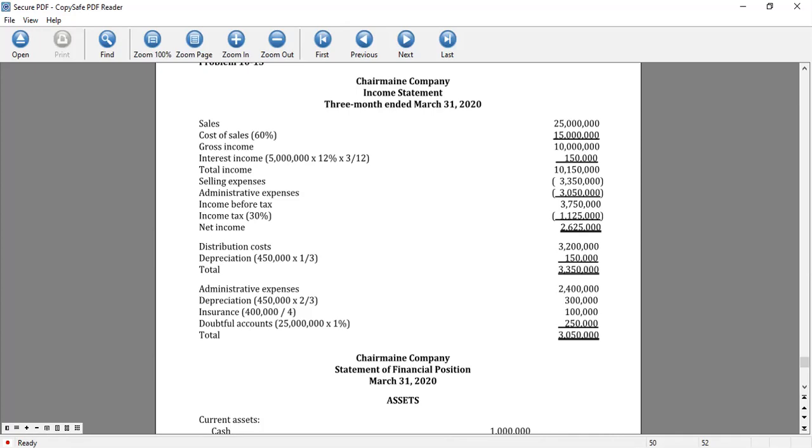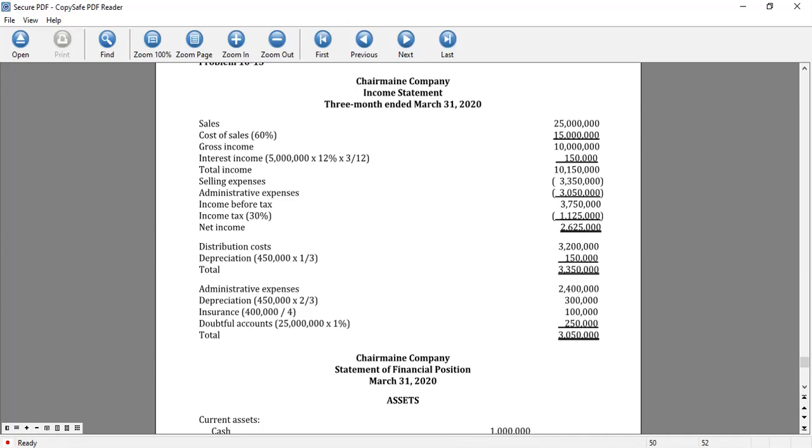So 250,000, that's your doubtful accounts, or sometimes we call it bad debts, no? We call it bad debts. Okay, so again, I'd like to explain